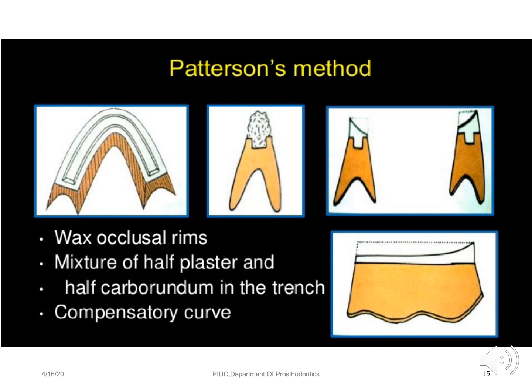Once you know your vertical dimension of occlusion has come to what you have recorded, then you ask the patient to retrude the mandible completely back and close, and once he closes you staple the upper and the lower together with metal staples, or you can use stapler pins. So this is Patterson's method.